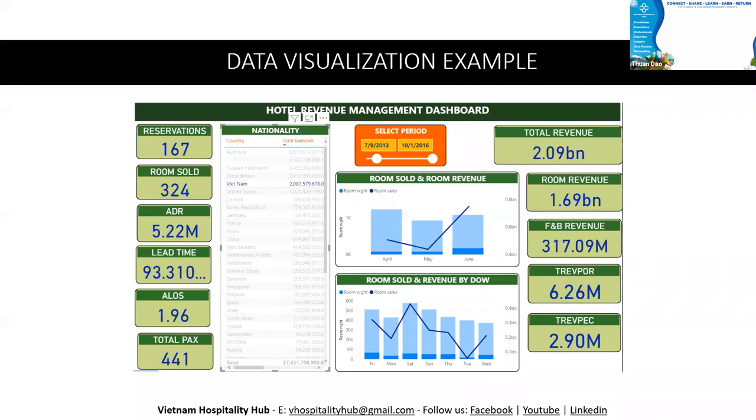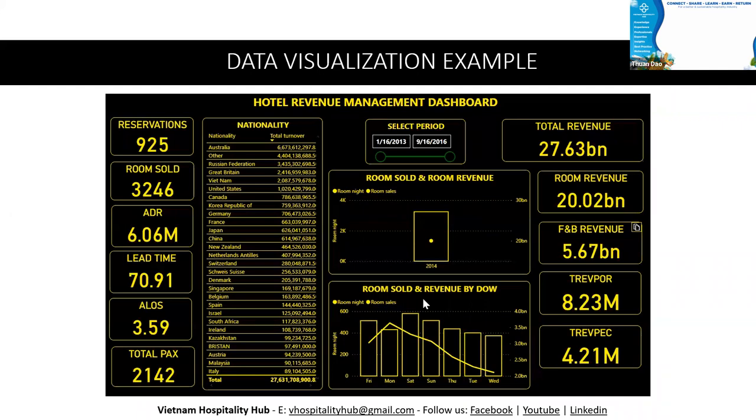And then when I want to check how much the Vietnam nationality contributes, you just click on Vietnam. And if you want to see Australia or Russia, you just click on that nationality and you get the data about them. This is the way that we understand the customer. We call it insights. All right, the next one, this is cool. This is also from Power BI.